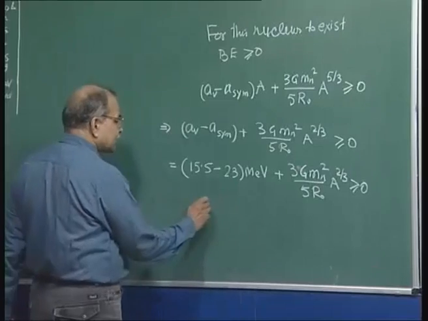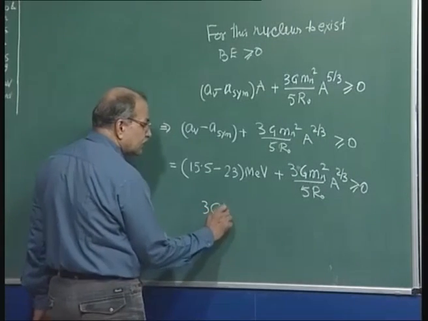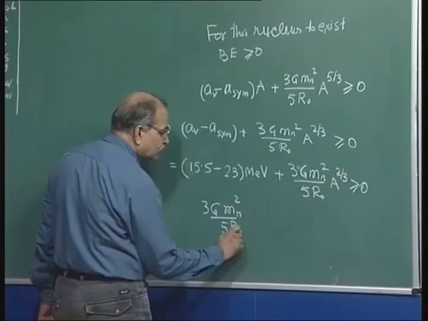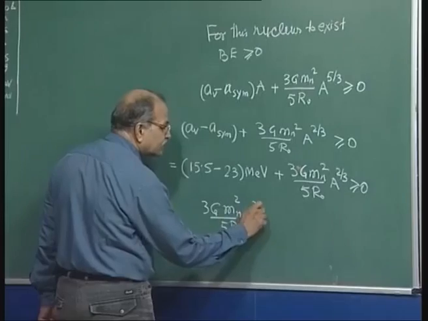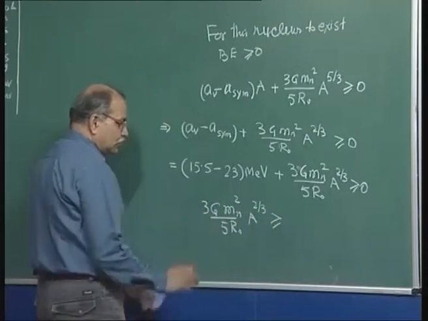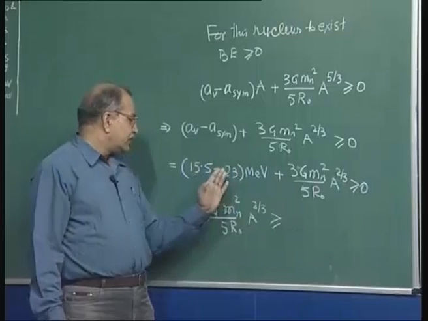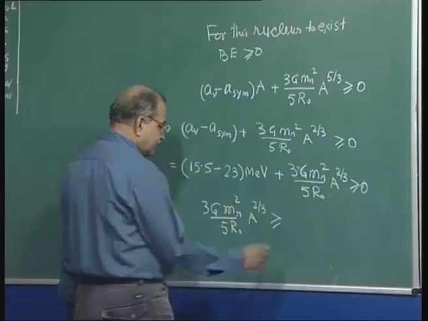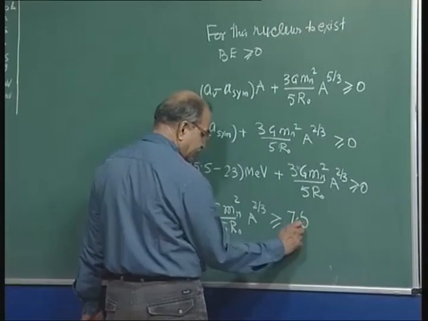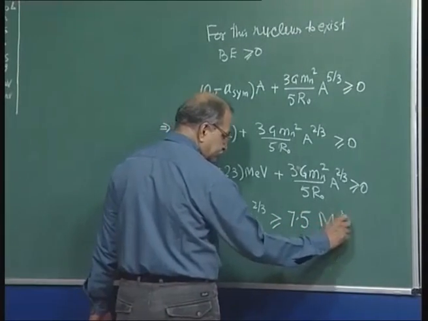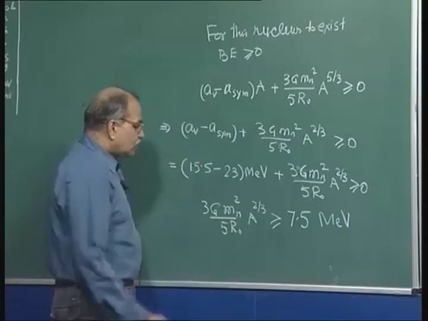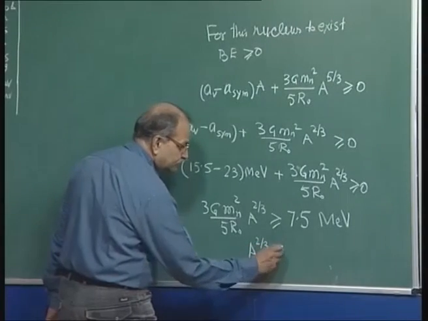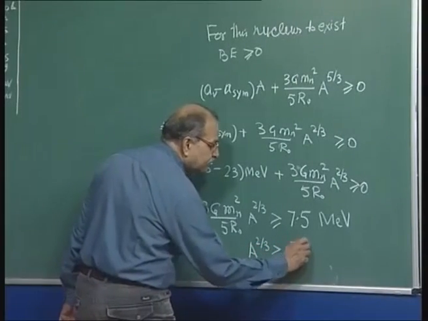So, this equation is 3 G m n square by 5 r naught A power 2 by 3 should be greater than or equal to, I am taking it to the other side, 23 minus 15.5. How much is it? 7.5. Remember the units. A 2 by 3 should be greater than or equal to 7.5 MeV